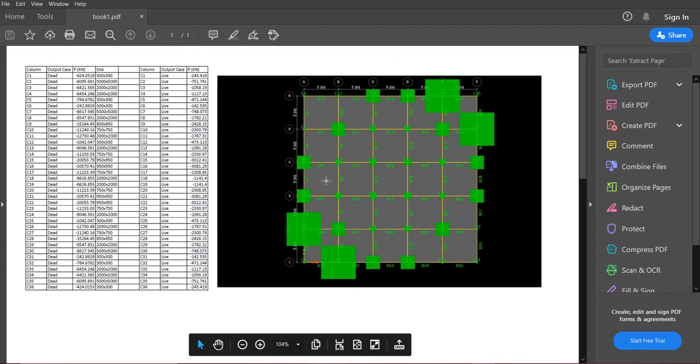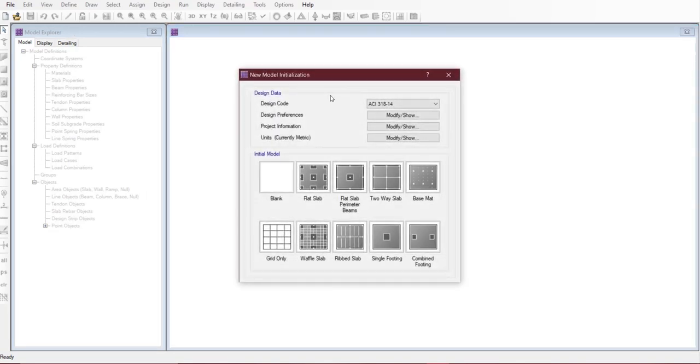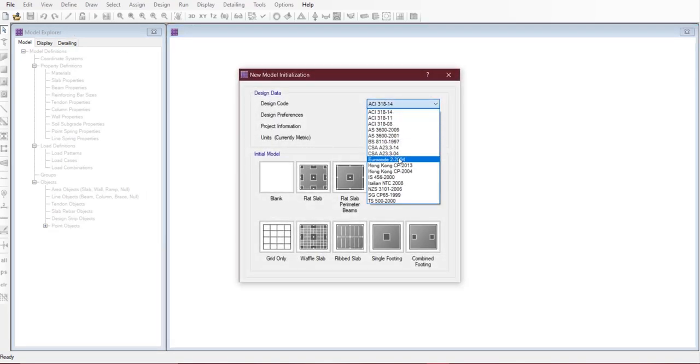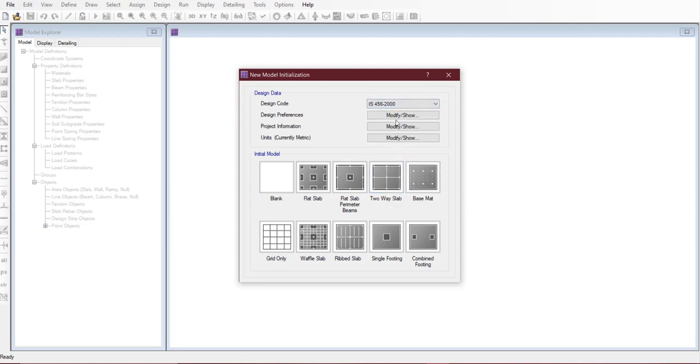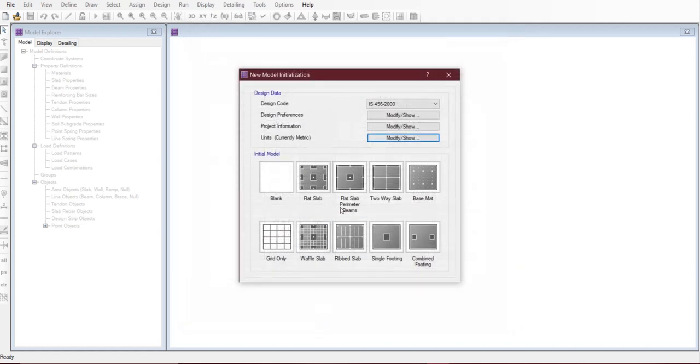Now you have to open SAFE. Click on file, new model. Here in design code select Indian IS 456 2000, and in units select metric default, and then click on OK.